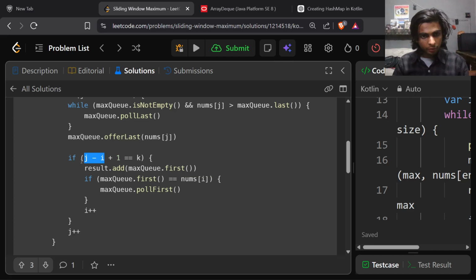Here we're checking, okay, if the current window is equal to k, then result dot add the max queue's first element,